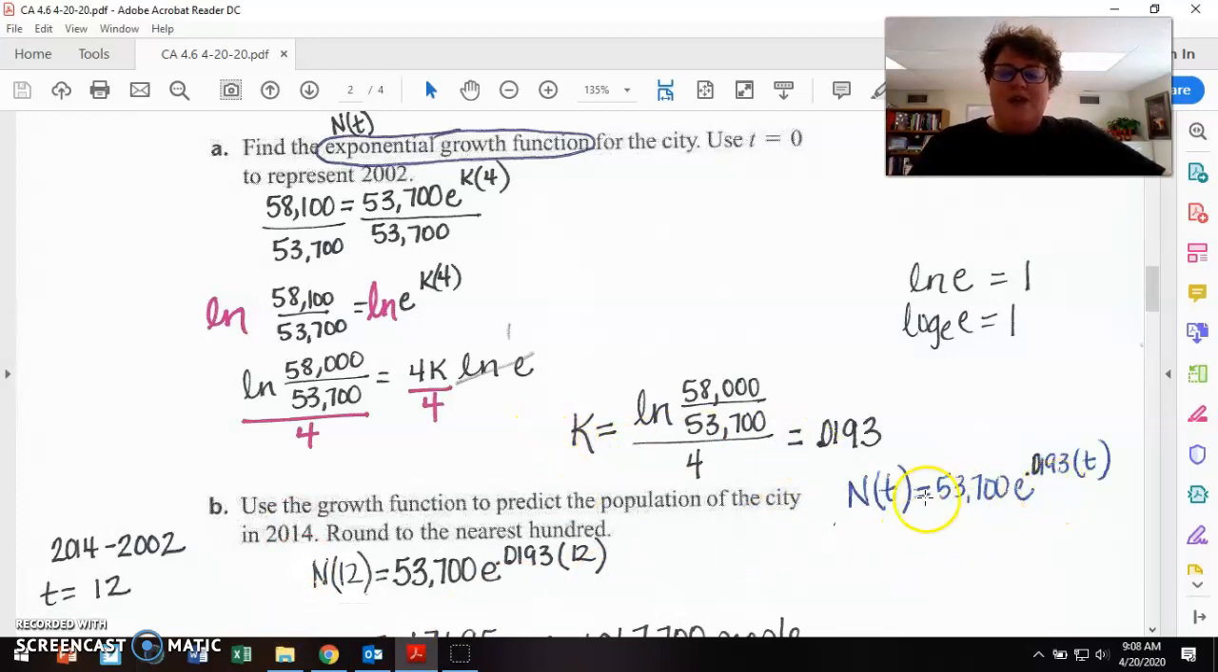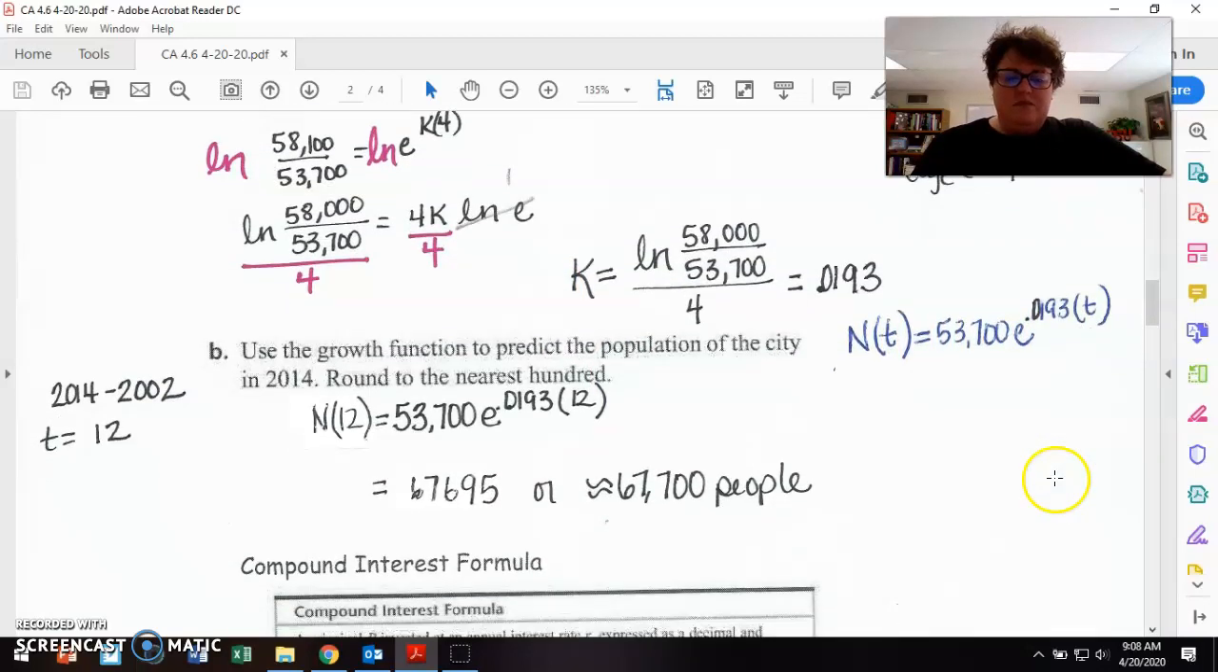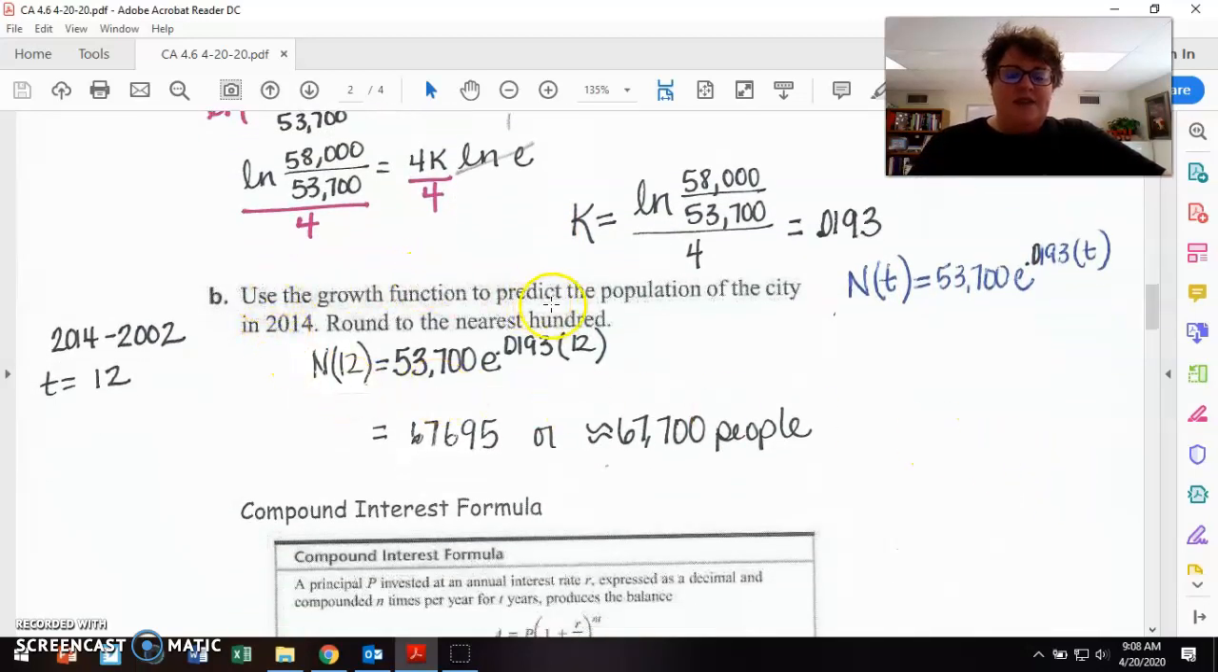Okay, so part B, we have our formula that we just found, and we want to predict the population of the city in 2014. Well, we started in 2002, so 2014 is 12 years. So we want to substitute in N of 12, and this is just like substituting in and solving. Now you can do this in your calculator straightforward, or with some calculators you'll want to do your exponent first, then multiply by 53,700. Okay, you get